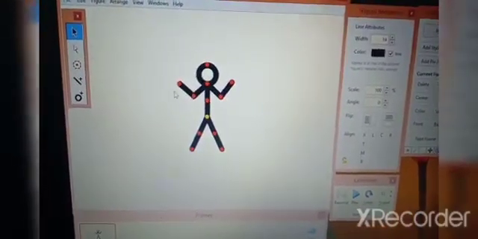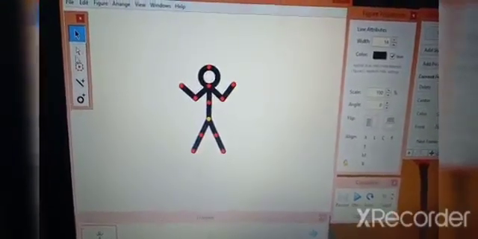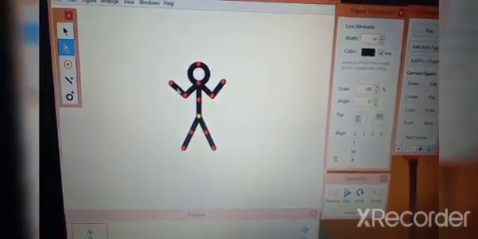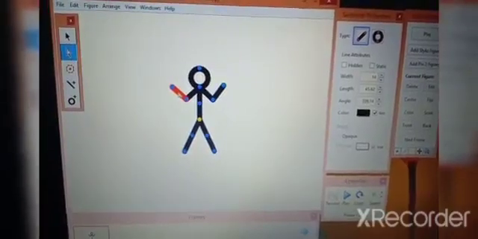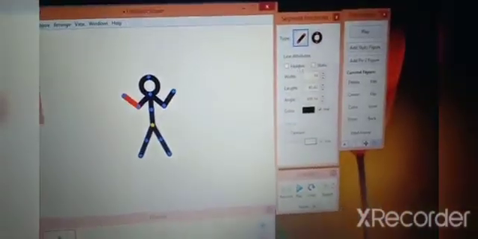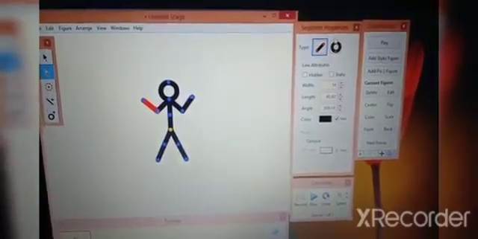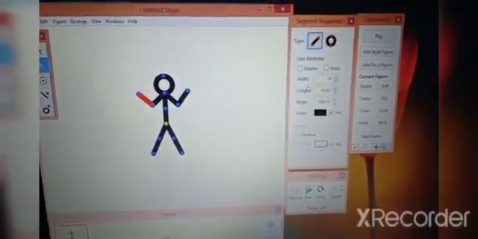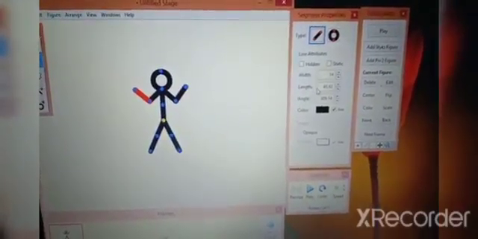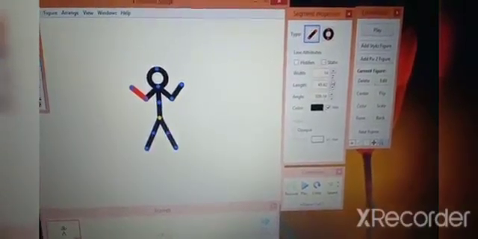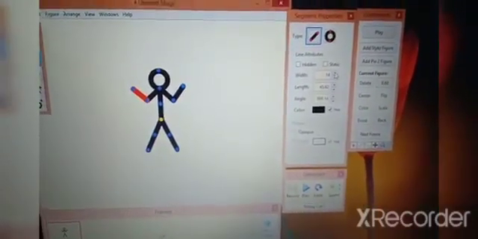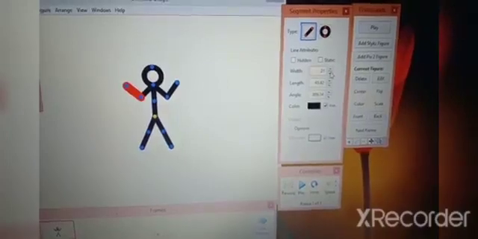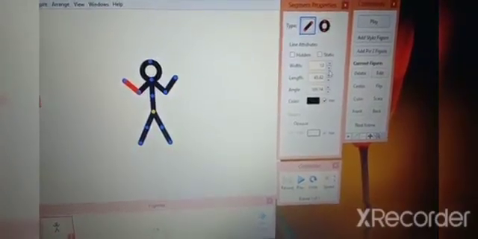And to select the segment, this black line, you use this tool, subselect. Click on this subselect and select this segment. Once you select the segment, children, you can see in the property window all the properties of that segment: the width, the length, the angle. You can change them from here. See, the width is changing. I am increasing, now I will decrease the width.